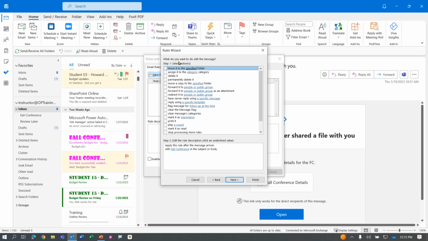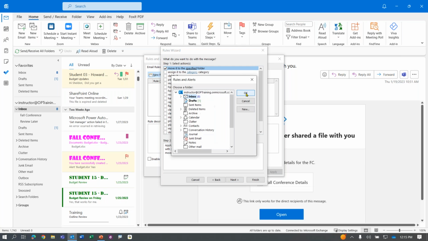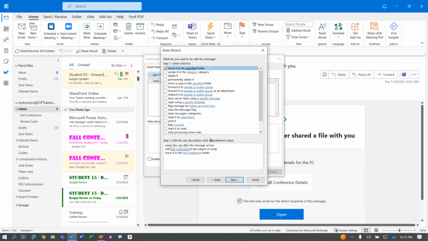Next, what actions do I want to take? Well, I wanted to move it to the fall conference folder. So notice it says, move it to the specified folder. So I'm going to check that. And I'm going to specify which folder. And there it goes. But every time an email says fall conference, I also want it tagged with the fall conference category. So if I keep looking down,